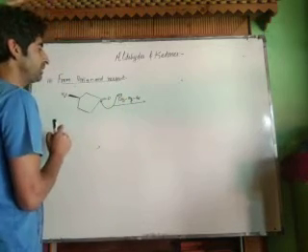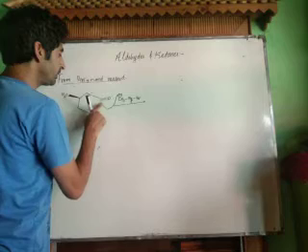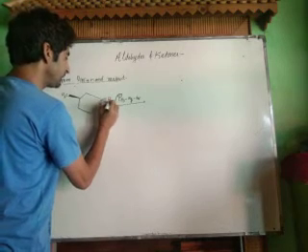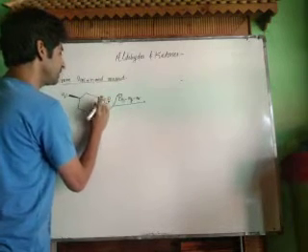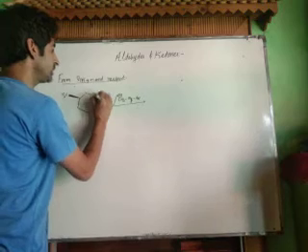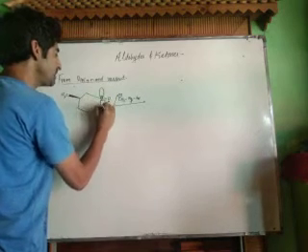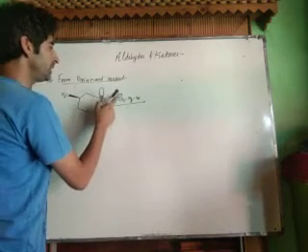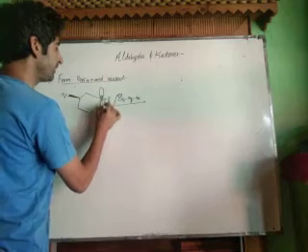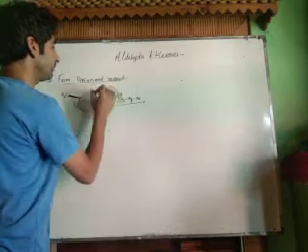Now see, there are two chances of attack. If this bond breaks, then it becomes a positively charged carbocation. Now this positively charged carbocation has two lobes. One is above, one is below. This means this methyl group can attack below the plane or it can attack above the plane.